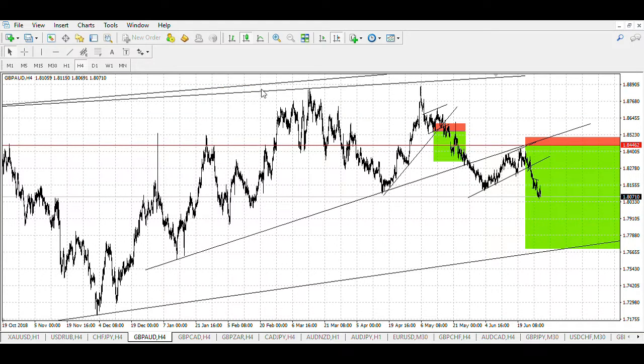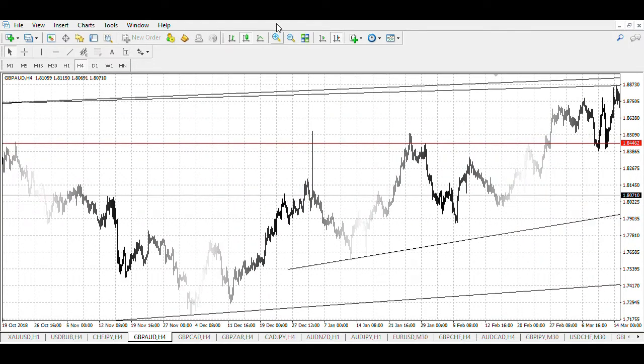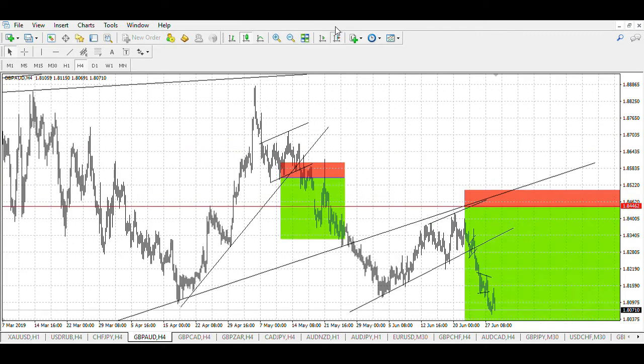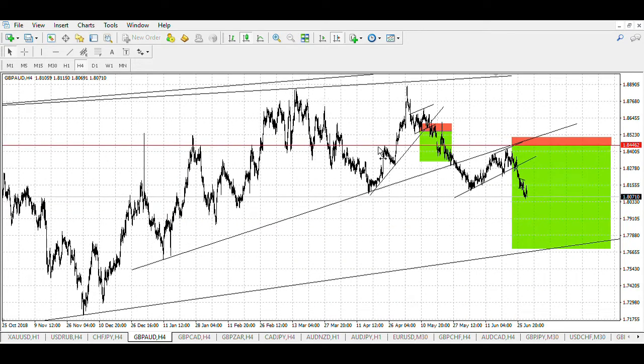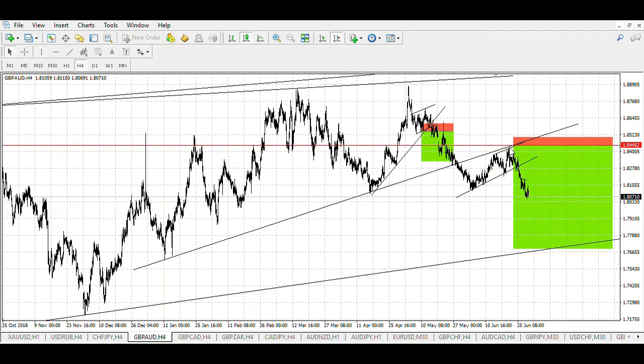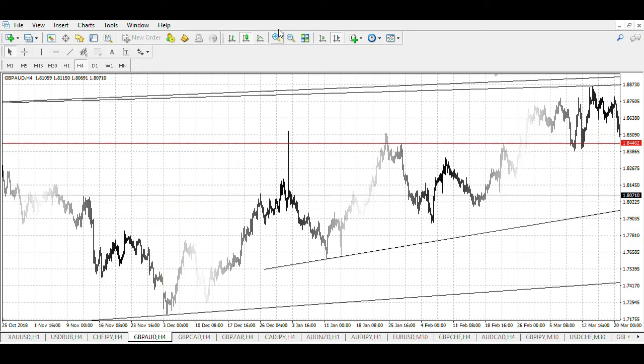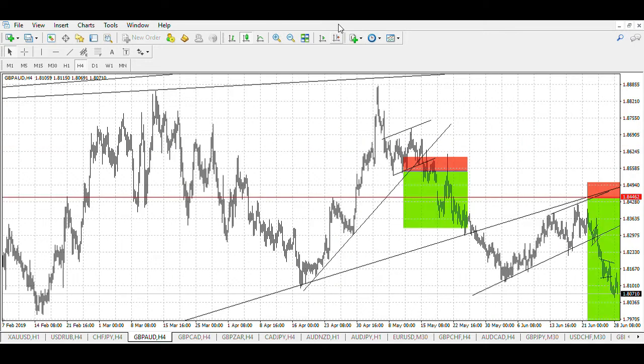The next pair was GBP Aussie. The second structure, I actually explained this last week. Consolidation. This is actually wonderful because it's on a 4-hour time frame. Consolidation over here, so consolidation on the resistance. We had to continue. I was explaining last week on Sunday that since we have Monday, Tuesday, we have Aussie